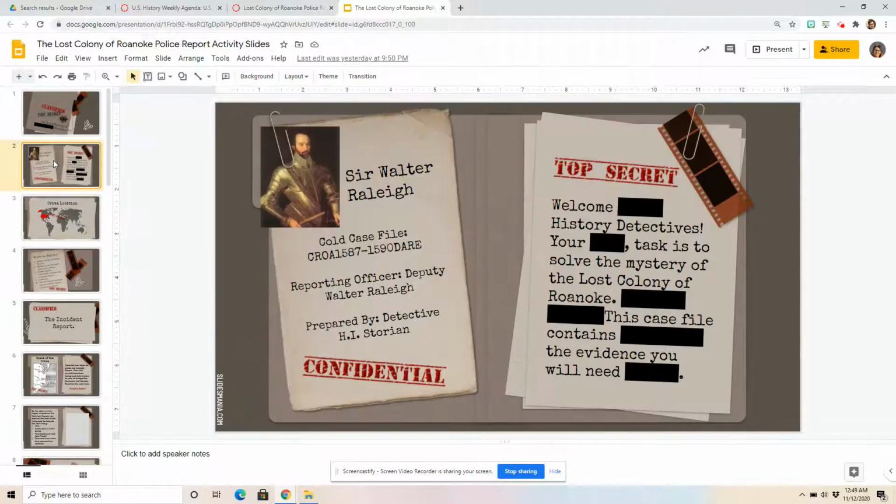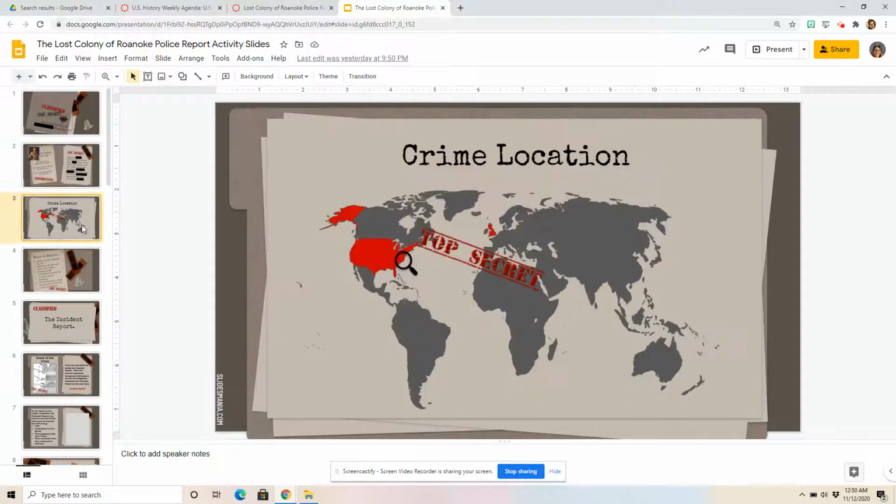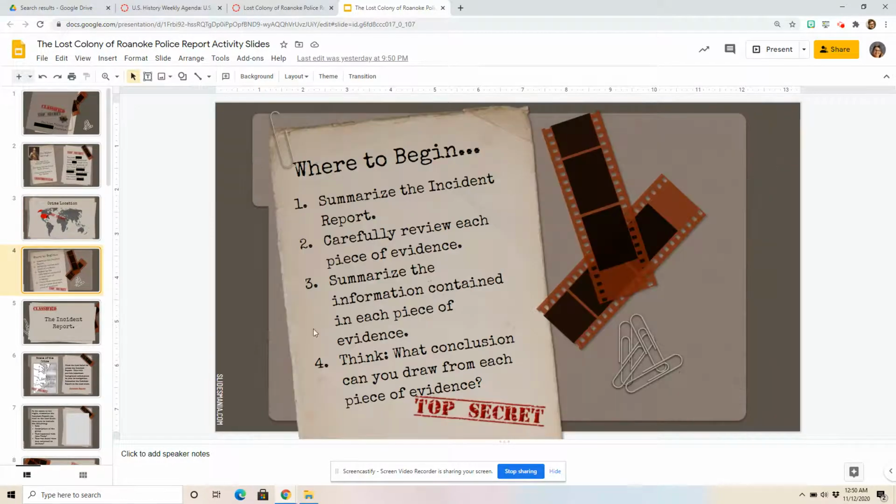So as you go through the slides, it gives you some additional background here. Sir Walter Raleigh was the person who financed the colony itself, and then it gives you an introduction. It tells you what you're going to be doing. Okay, there's a lot of information in here, but the main part of what you're going to do is these